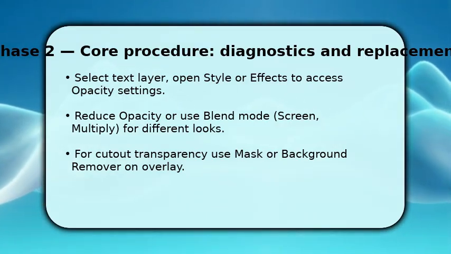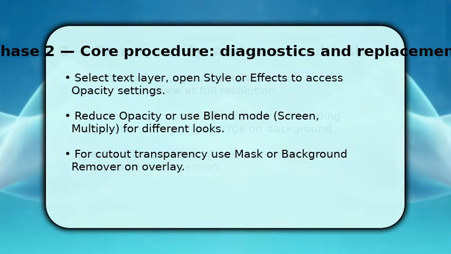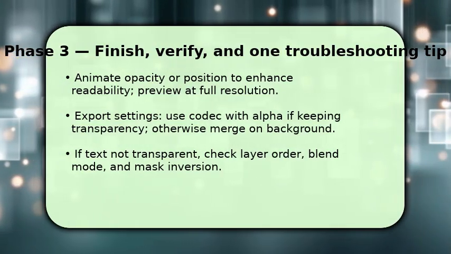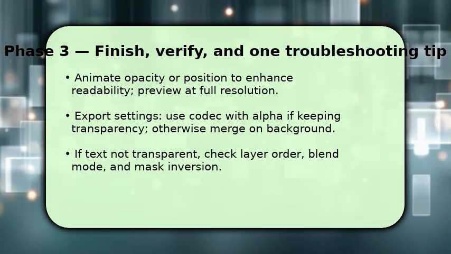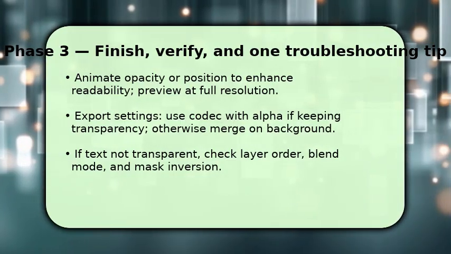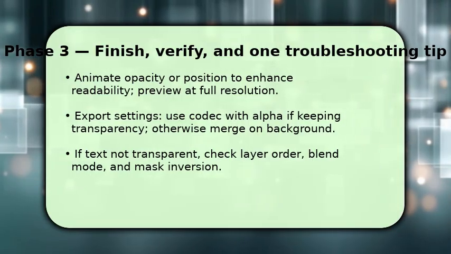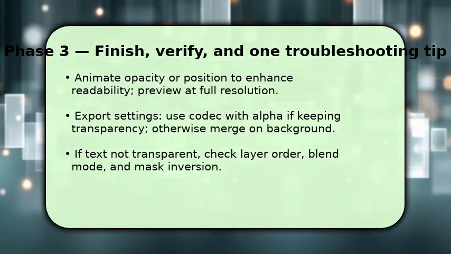Finish by refining timing, feather, and any motion. Animate opacity or position so the transparent text reads against changing backgrounds. When exporting, remember, to preserve alpha transparency, you need a codec that supports it, otherwise merge the text over your background before export. If you don't see transparency, make sure the text overlay sits above the clip, the mask is inverted, and the blend mode isn't negating opacity. If edge artifact